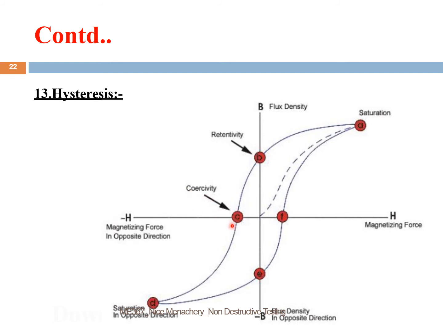The point C is known as coercivity. The coercivity point was also discussed. Coercivity point is actually the amount of magnetizing field required so that the flux density becomes 0. That is the amount of H that is to be applied in the opposite direction so that the flux density reaches a 0 value. As you can see at the point C, H has a negative value and the flux density is 0. So the amount of external field required to remove the retentivity of a material is known as its coercivity.